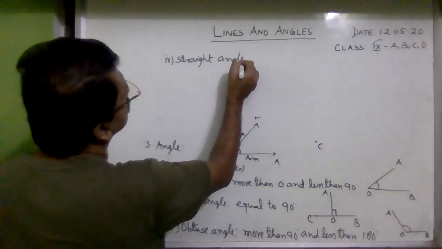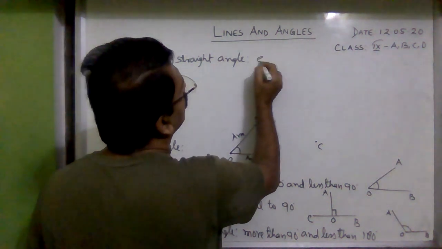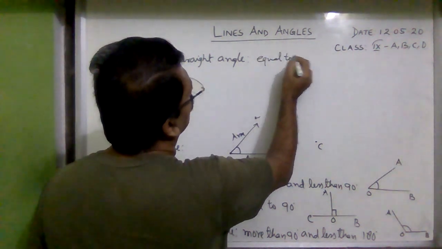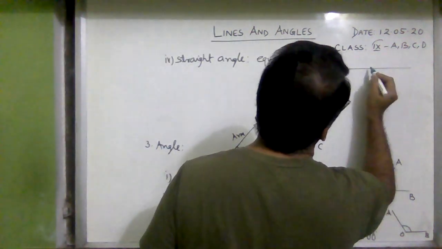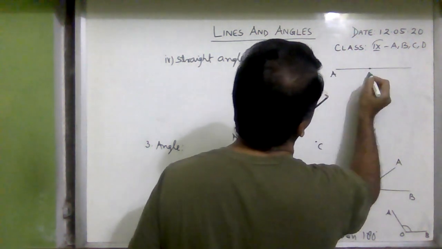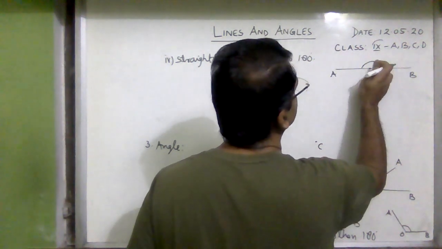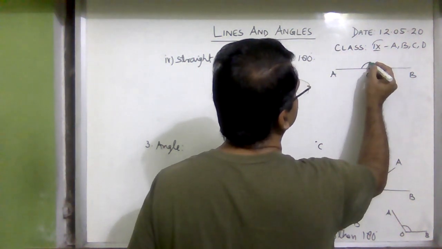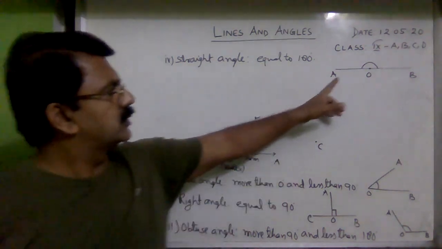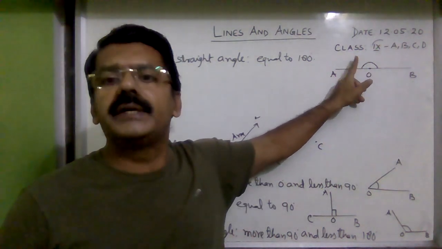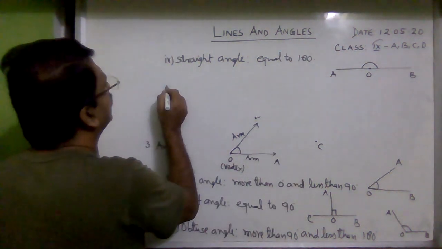Straight angle equal to 180 degree. So this angle is equal to 180, so it is a straight angle. And then the next angle is